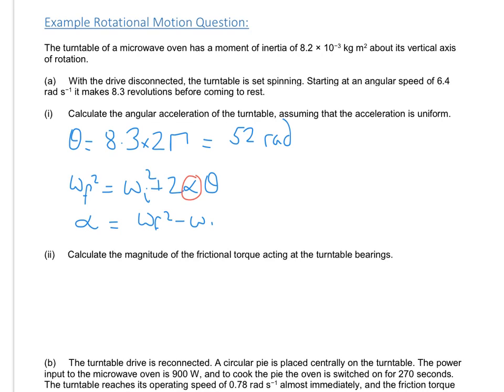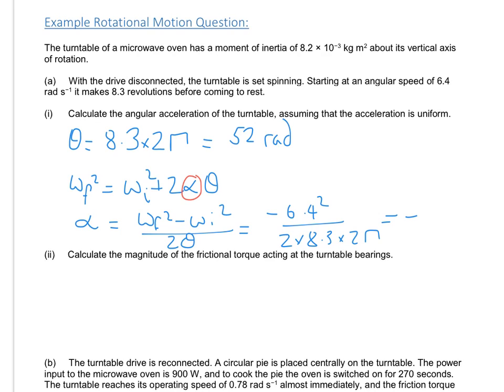That was very clumsy. So we know the final speed is 0 because it comes to rest. So we essentially end up with minus 6.4 squared on the top line over 2 times 8.3 times by 2 pi. And if we put all those numbers in, we should end up with